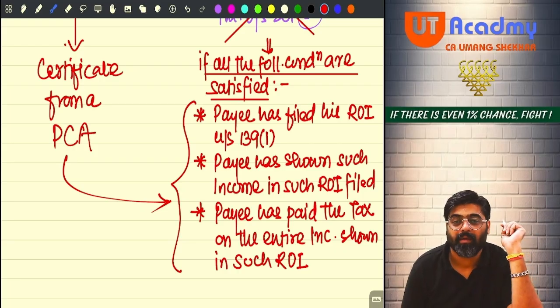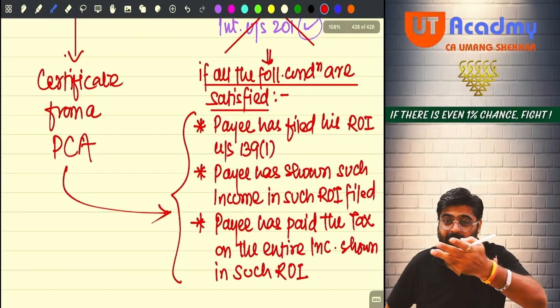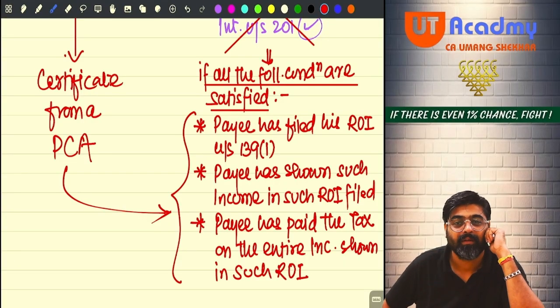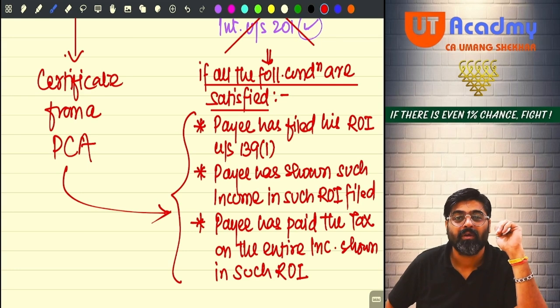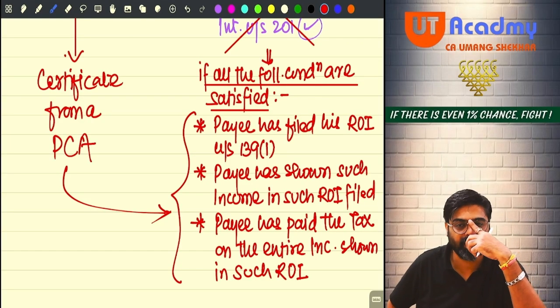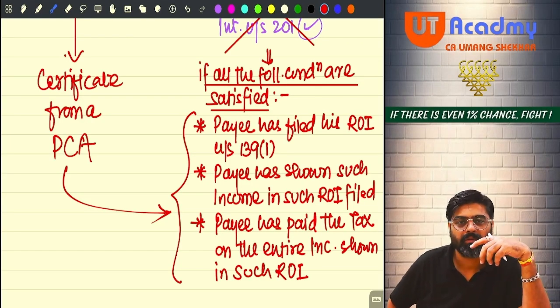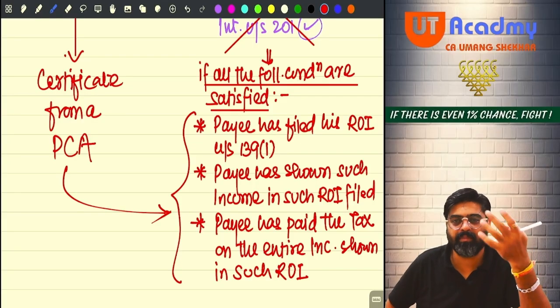Why? Because after becoming a chartered accountant, if any of your clients tell you to make such type of certificate, as a practicing chartered accountant, you will make this type of certificate for him. Government will not believe the assessee. That assessee is saying that payee has filed return, shown income, paid the tax on the entire income. So now please don't consider me assessee in default. Why would we believe you, boss? You are not the person to be believed upon. So give us some evidence based on which we can believe you.